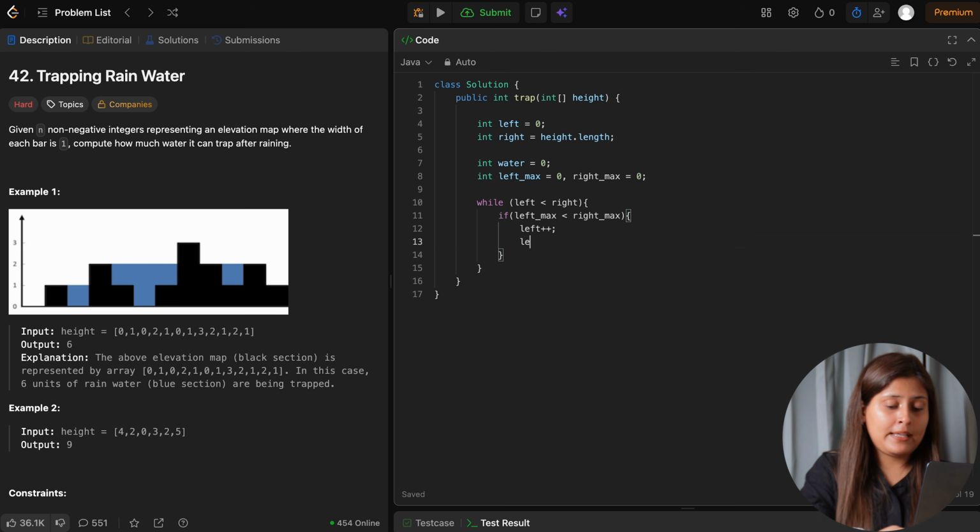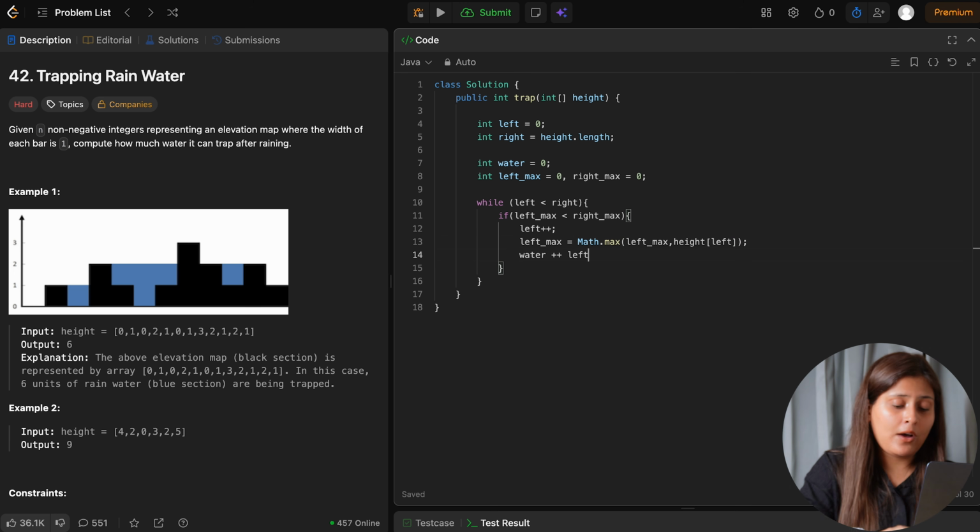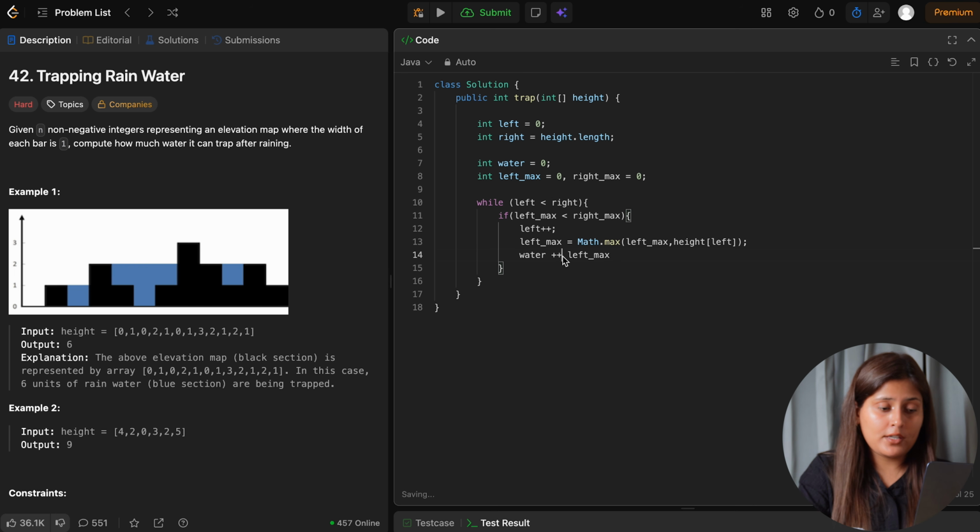So we will maintain the left maximum till now, and that is nothing but Math dot max of left max or the current height of left, whichever is maximum. And to calculate the water, what we want is the left max height till now. That will be the height of water, correct? Yes. And we have to subtract if there is any block in between at height of left.